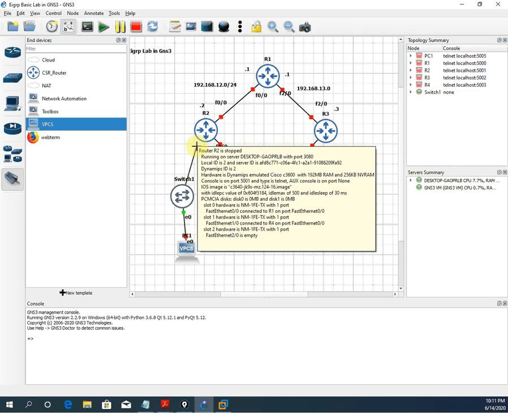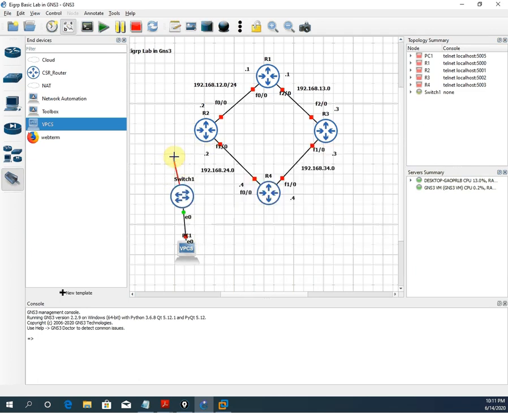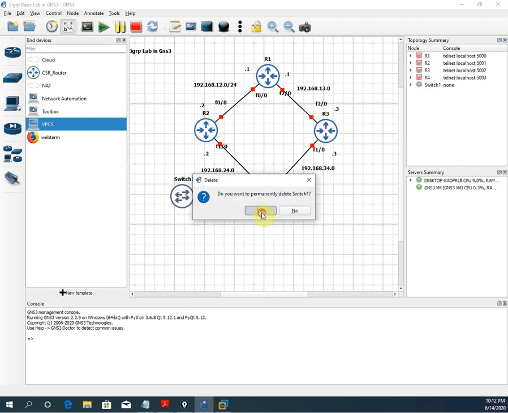Or the lab will be lengthy. Anyhow, I will keep this here, later we will see, because if we want to verify our lab, we can verify here also. We just need to check whether we are getting the routes or not, and we can ping from this router to this router and this router to this router. In this way we can also do it, no need to have the switch. So let me remove it, because if we do this, the video will become lengthy. In this video we are going to learn only the concept, how we can configure and how we can use it.